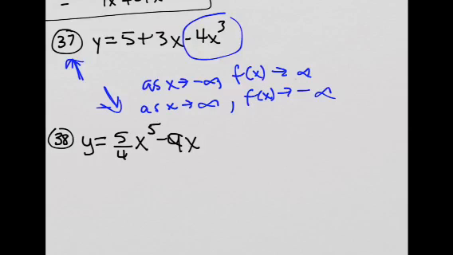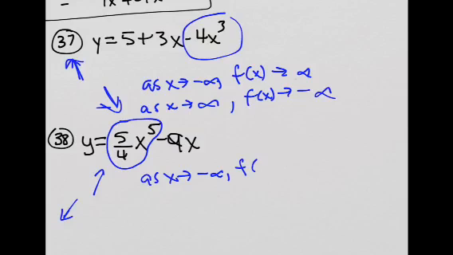All right, same instructions on number 38. They want the end behavior. So this is the leading term, the one with the highest power degree, power 5. So now it's odd degree with a positive a. So the end behaviors are going to act like a line with a positive slope. So it's going to go kind of like this on the left and like this on the right. So you say as x goes to the left, y goes down. As x goes to the right, y goes